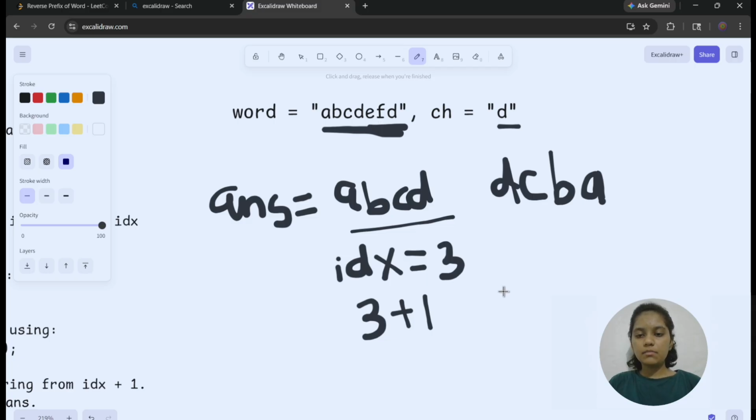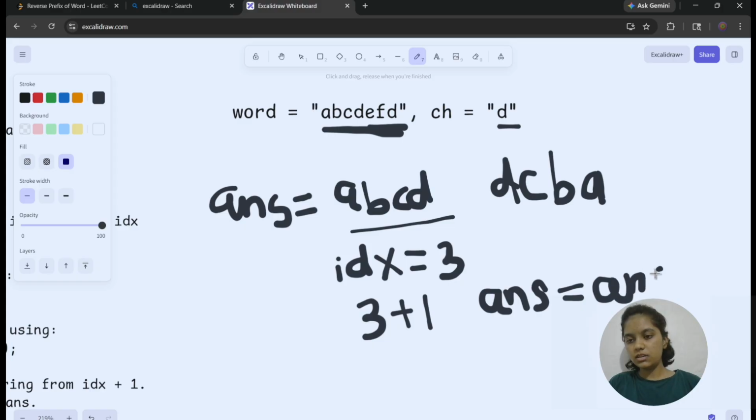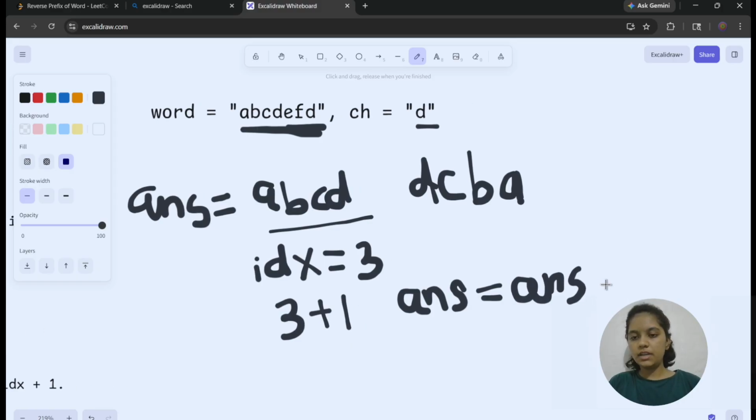So here I am taking the condition, which is answer equals to answer. Here I have to add the previous answer string, and I am adding the remaining characters of the string.